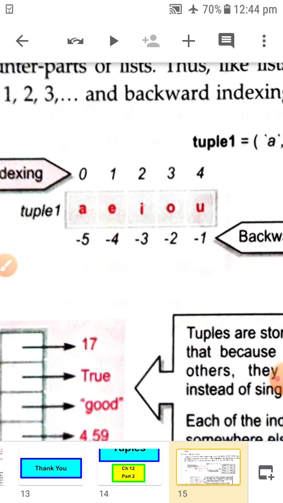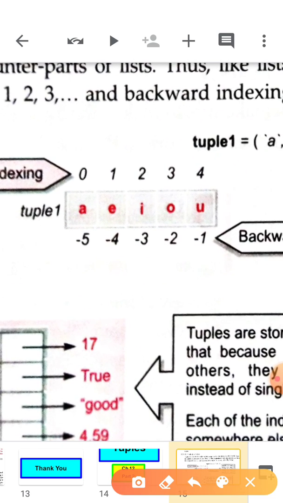Children, try to understand this; we have already discussed it in lists also. Let's recall.